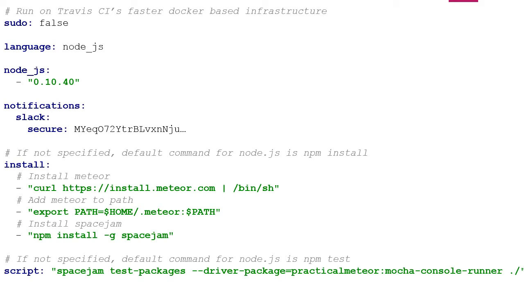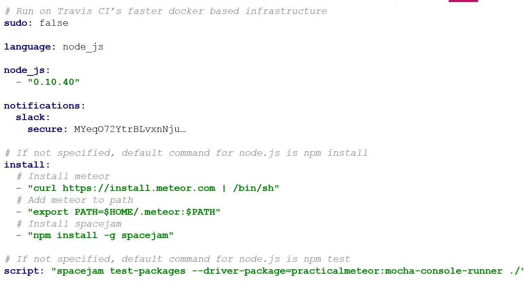For Meteor, it's not that case, and that's why we need to specify our own commands in order to be able to test Meteor in Travis. And all of those things that you see are basically shell commands. In Travis YML, under install, you can specify as many shell commands as you want, and you can either specify it as multiple commands as you have in the install section, or you can specify it as only one command in the script section. So in the install, we install Meteor,